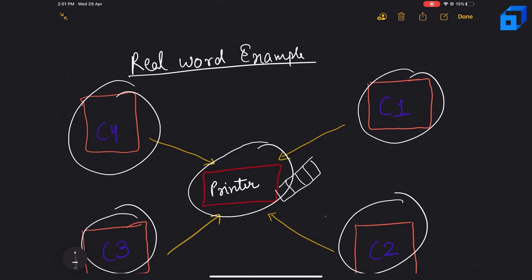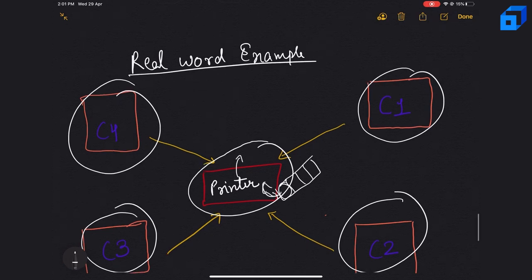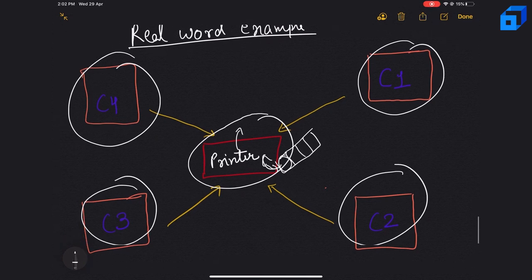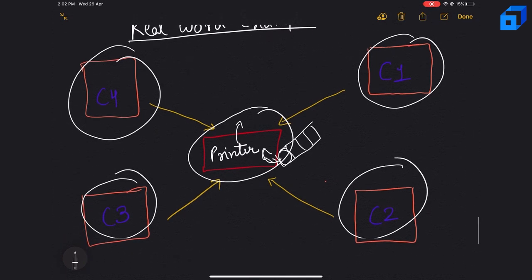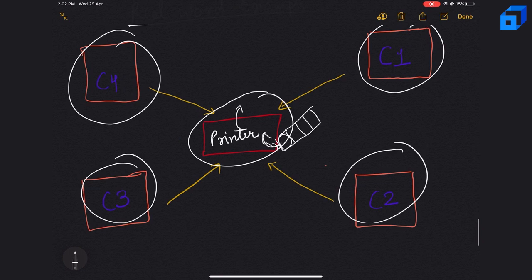After serving a request, it will pick an element from the front of the queue and serve that request. In this way, it will manage everything. So this is one of the real world scenarios where we can use a queue. This is good for the introduction part of the queue. In the next lesson, we will see how we can implement a queue. Thanks.